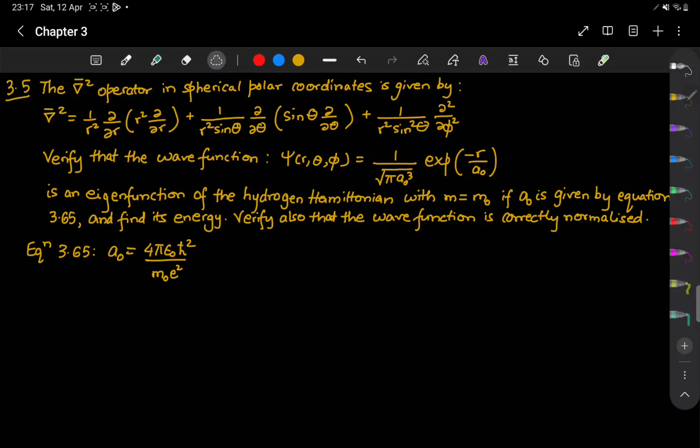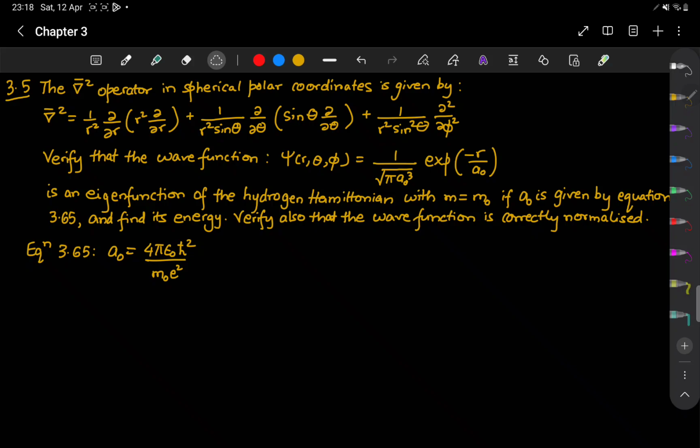The fifth problem is on the hydrogen atom. So we are given that the del squared operator, the grad square operator in spherical polar coordinates is given by the following expression. It is very easy to write it down in the Cartesian coordinates, but this is in the spherical polar coordinates. We need to verify that the wave function psi as a function of r, theta and phi